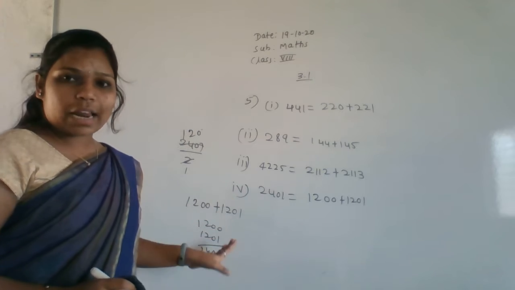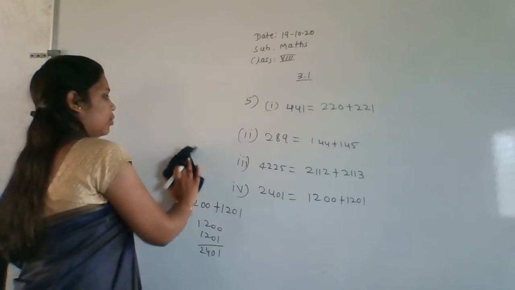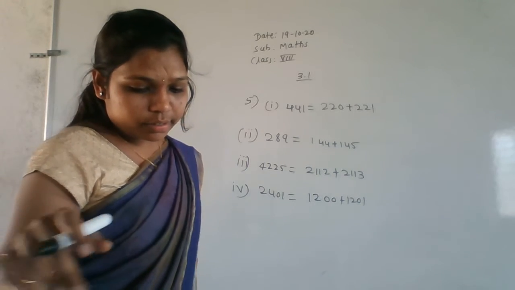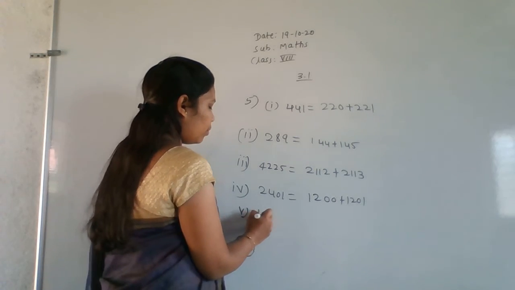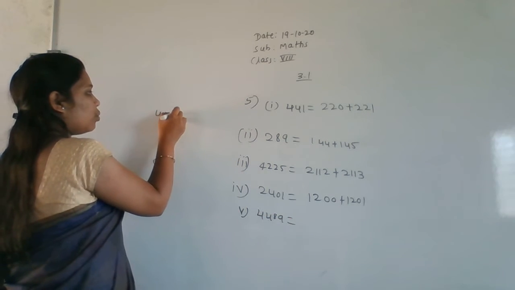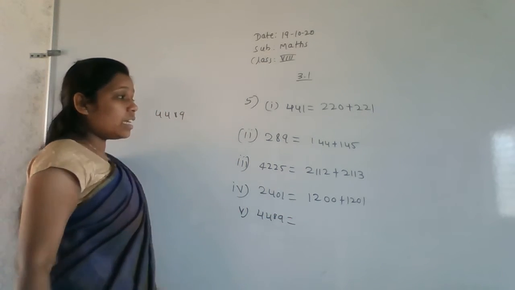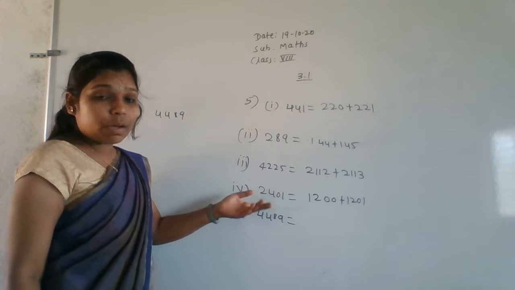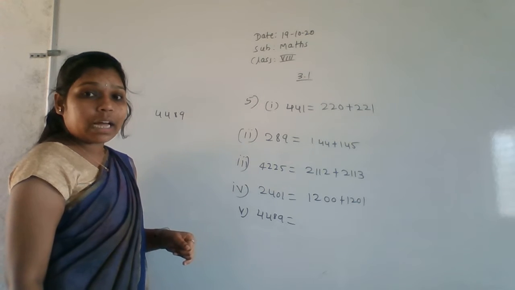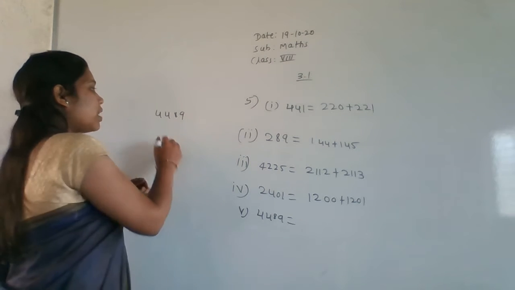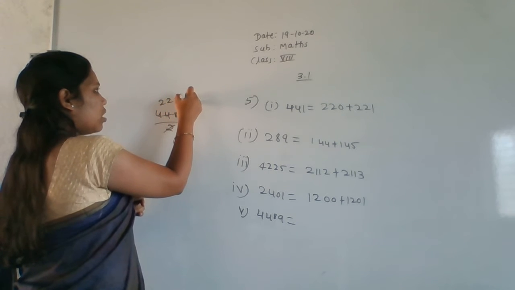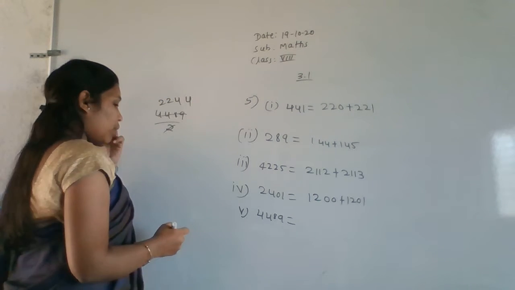It's our own calculation. Okay, so next one is the fifth one, 4489. So if they give a bigger number, if it is a smaller number, we can assume and judge easily. But if it is a bigger number, we can't do that. For that reason, divide by 2 here. That is 2 2s are 4, 2 2s are 4, 2 4s are 8, next 2 4s are 8. Okay, so here